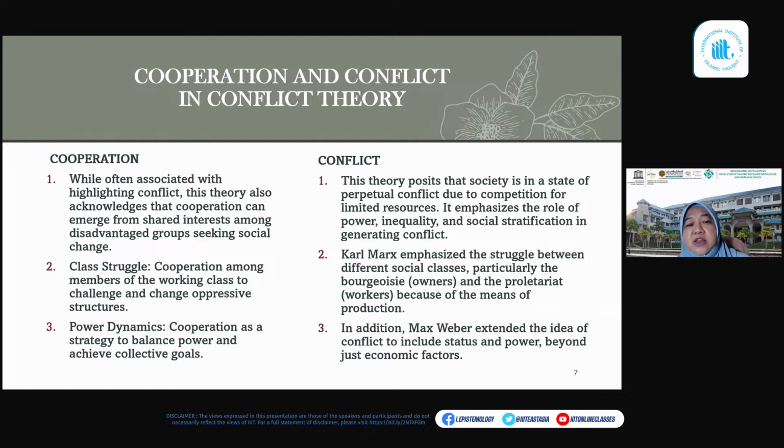And sometimes those who are in conflict, in order to achieve their resolution, will also cooperate together within each group, either in toppling down the other or to win the case against the other. So while conflict happens, conflict theory also acknowledged that cooperation can emerge from those who share interests in seeking social change. In the case of Karl Marx's theory of conflict, it showed how workers work together, being guided by Karl Marx, who tried to convince them that